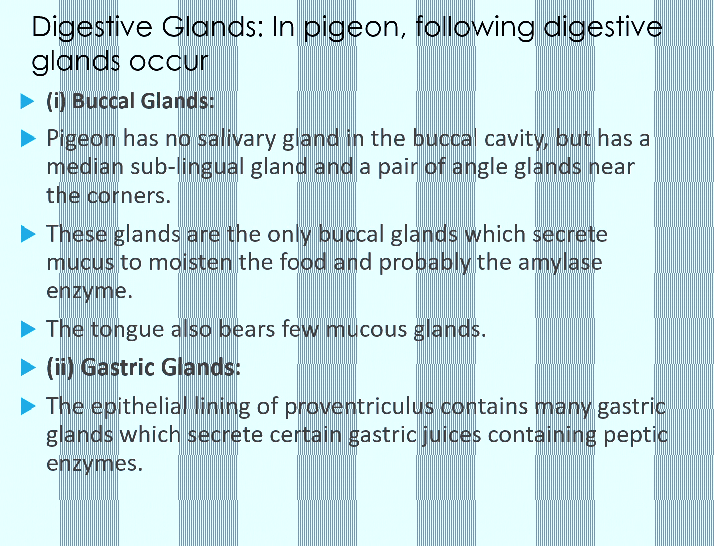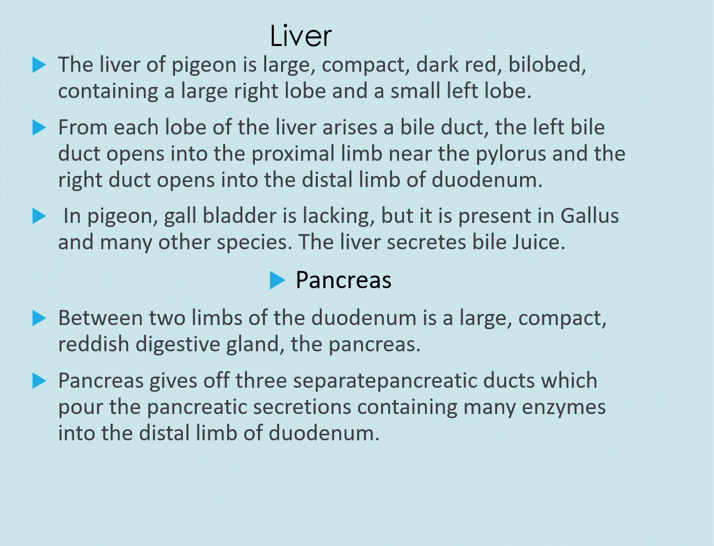The gastric glands. The epithelial lining of the proventriculus contains many gastric glands, which secrete gastric juices containing peptic enzymes. The liver of the pigeon is large, compact, dark red, bilobed, consisting of the right and the left lobes. In pigeon, the gallbladder is lacking, but it is present in Gallus and many other species, and the liver secretes